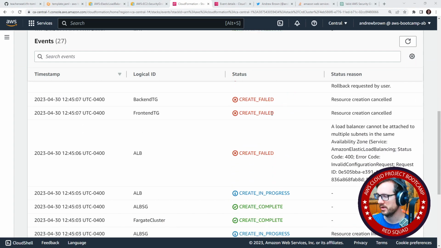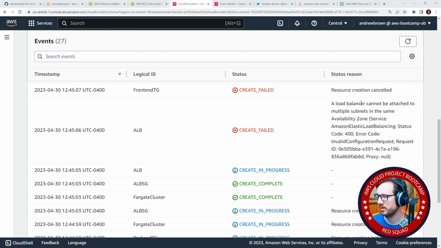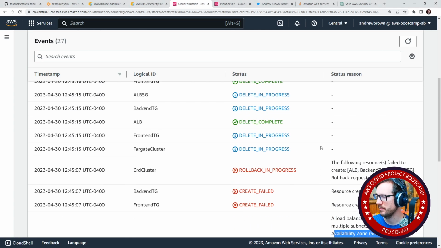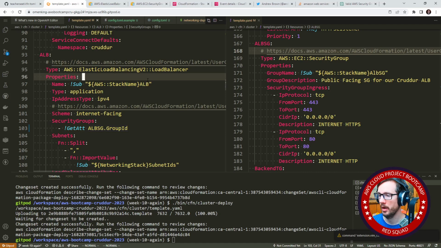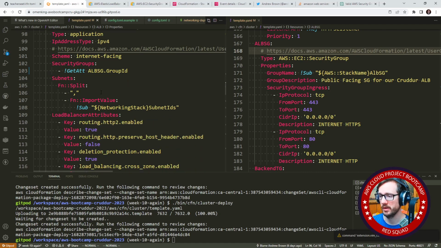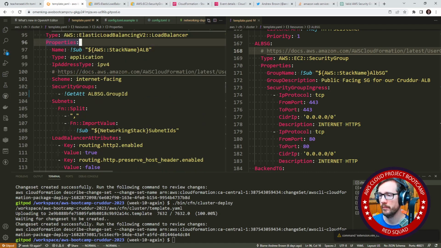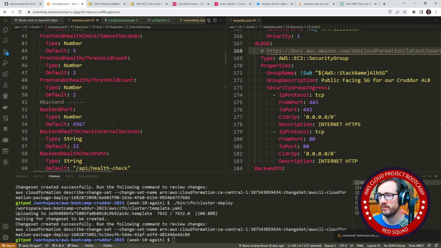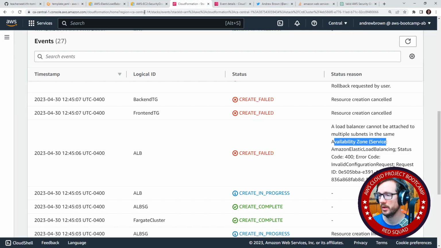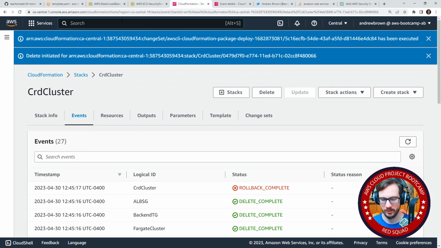All right, so it failed. Let's go take a look as to why. A load balancer cannot be attached to multiple subnets in the same AZ. So, I mean, that's fair enough. So we must have a misconfiguration within our ALB here. So let's go take a look here. So probably, yeah, we bring in our subnets. And so what it's saying is that, at least at our networking layer, we've made some kind of mistake. So let's go take a look at our